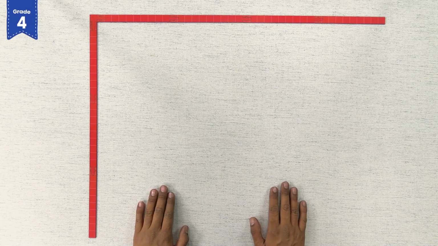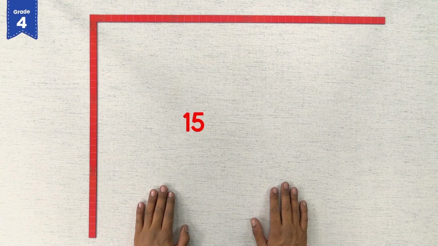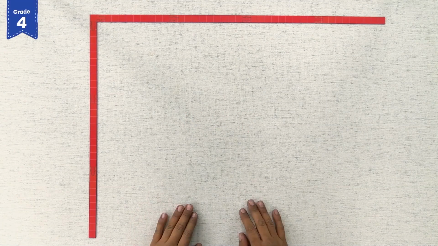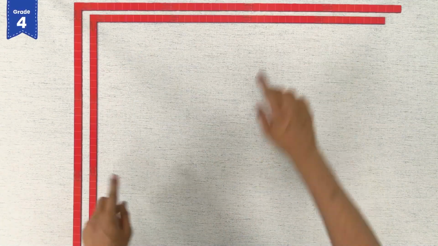In the array method, we learn to represent the numbers in the form of individual blocks and find the product of 2 numbers from the total number of blocks. Let us learn the method while solving a multiplication problem. The number 15 multiplied with the number 17. We need to represent the 2 numbers in the form of an array.